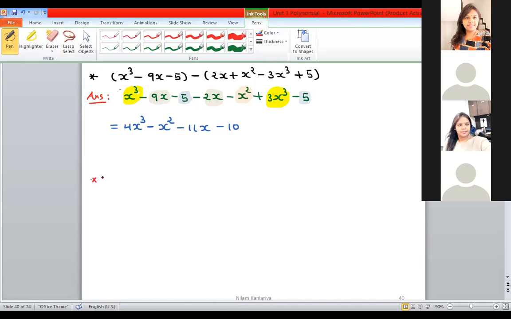Now tell me the answer of the last question, because we practice more questions in tutorial. I just give you the highlight. Tell me the answer of these two questions. What happens when I put the minus between these two brackets? Tell me the answer. Direct answer. Okay, not the steps.